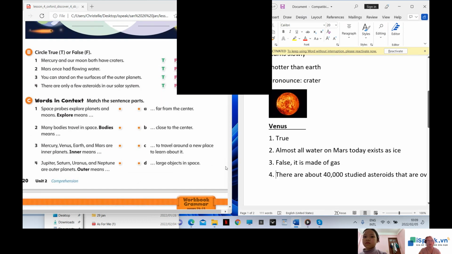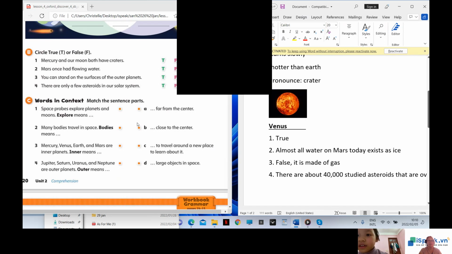Now we are going to talk about the words. You can read it and then we can find the answer. Match the sentence parts. Space probes explore planets and moon. Explore means many bodies travel in space. Bodies mean Mercury, Venus, Earth, and Mars are inner planets. Inner means Jupiter, Saturn, Uranus, and Neptune are outer planets. Outer means